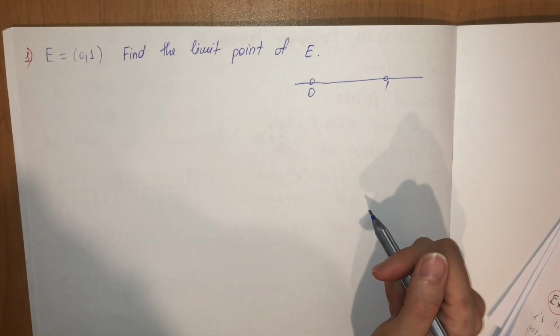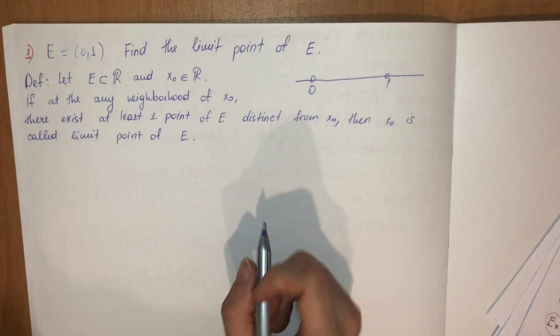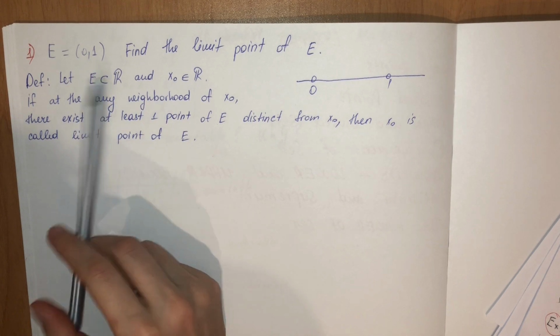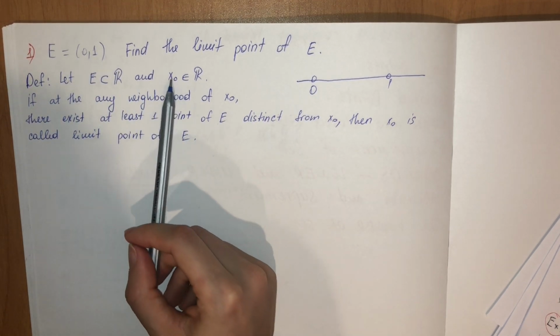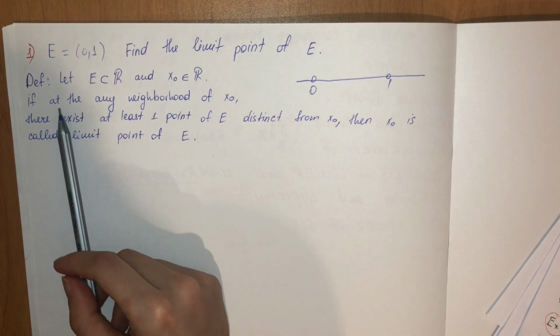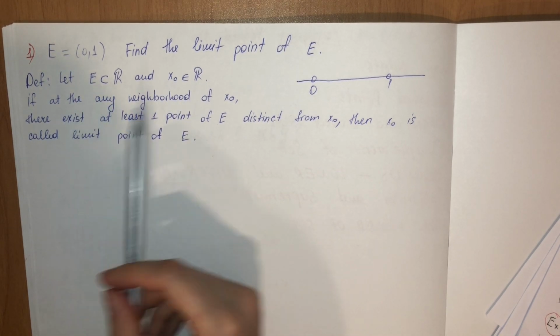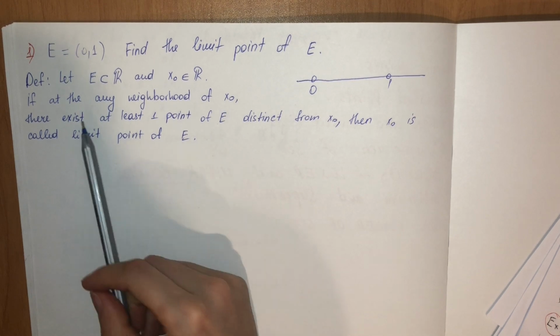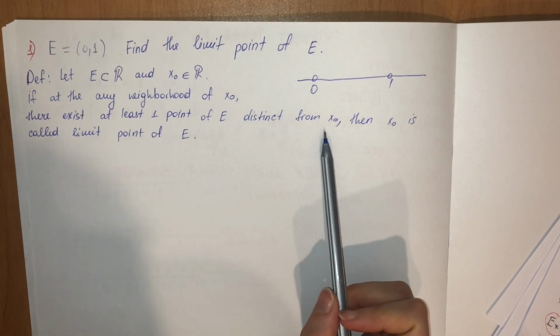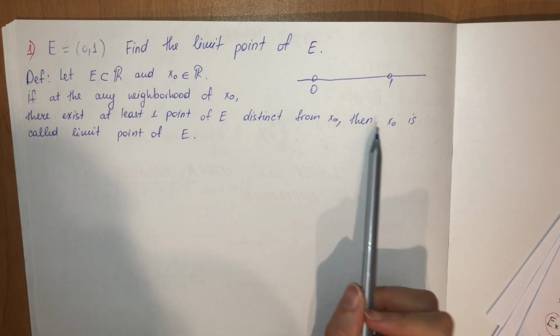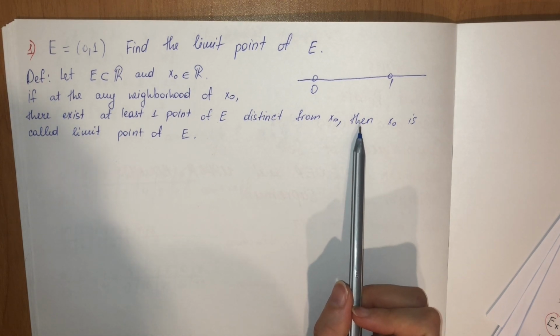Let E be a subset of R and x0 from R. If at any neighborhood of x0 there exists at least one point of E distinct from x0, then x0 is called a limit point